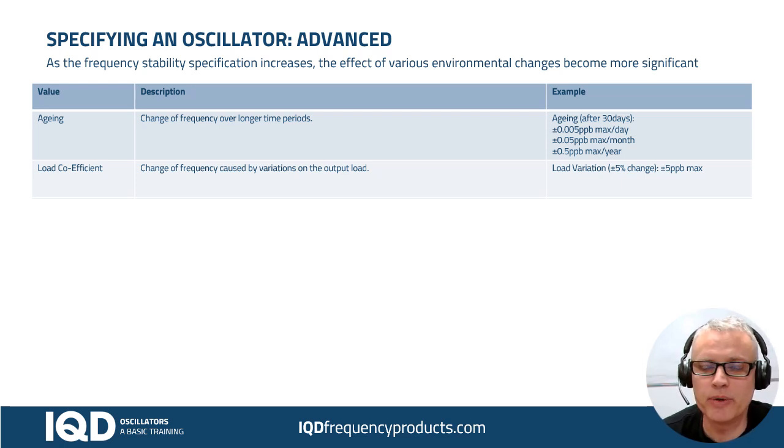We call that a load, and it could be represented as a capacitance, and we might say as standard we test things with a 15 picofarad capacitance hanging on the output in order to simulate the load of running your inputs. And if that isn't 15 picofarads, if it's a little bit higher, a little bit lower, then what's the effect on the frequency? Because it's going to have an influence, and there we might describe something like a 5% change in load, and it might cause so many ppm, 5 ppb or something,